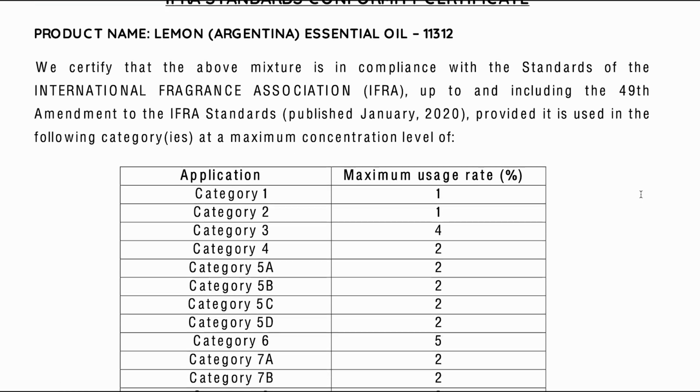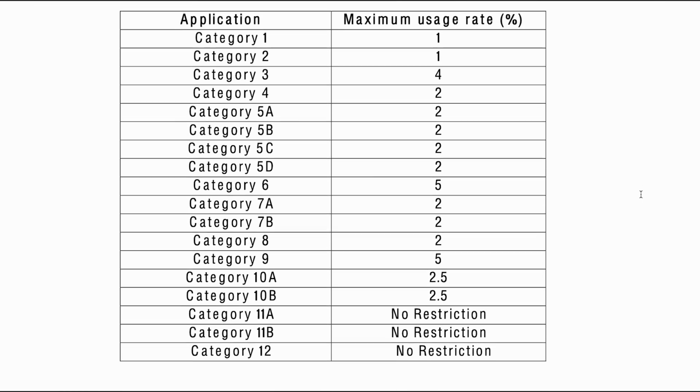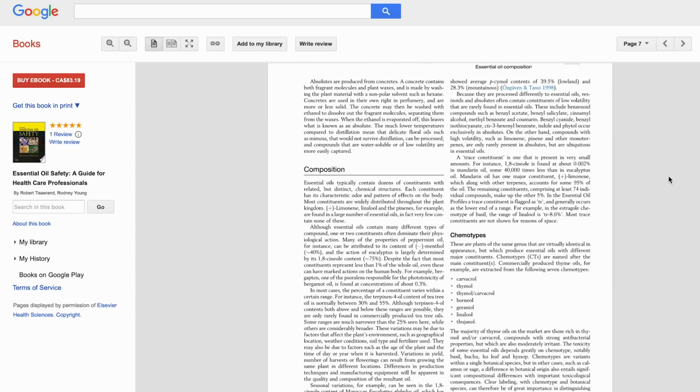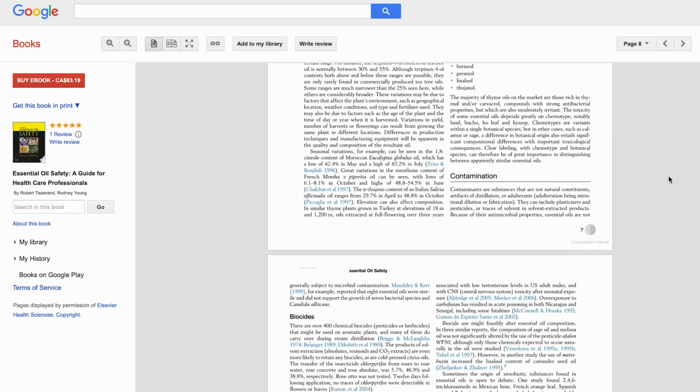The Tisserand Institute is also a great resource, and the book Essential Oil Safety, A Guide for Healthcare Professionals by Robert Tisserand and Rodney Young is my essential oil Bible. As a general rule, I would not trust any source that recommends the undiluted application of essential oils, promises anything that sounds like a miracle, and anything that claims that essential oils are completely safe and can do no harm